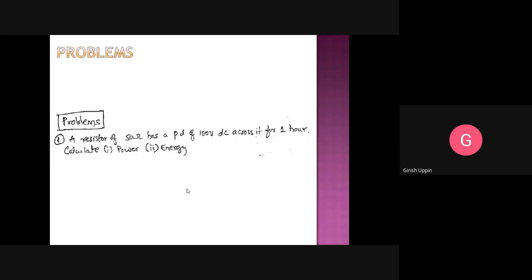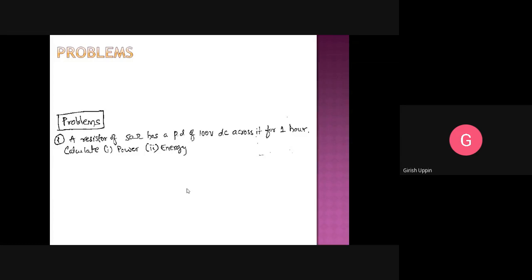I hope all of you have the calci. If you don't have one, you need a scientific calculator for almost all the classes. We will be having problems and we are going to solve them. For that, you need a calculator, and always keep a separate book for basic electrical engineering to make all the notes, and also note down all these problems and their solutions. So the first problems are based on Ohm's law and the power and energy.